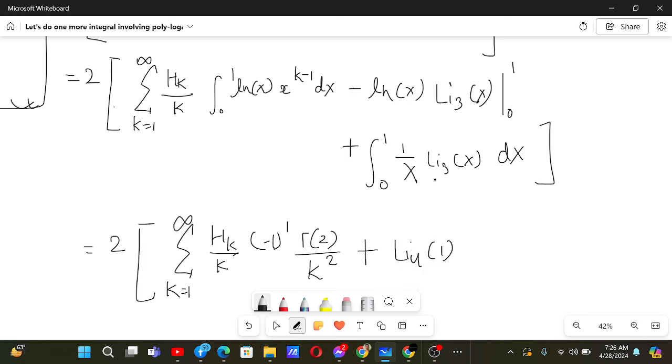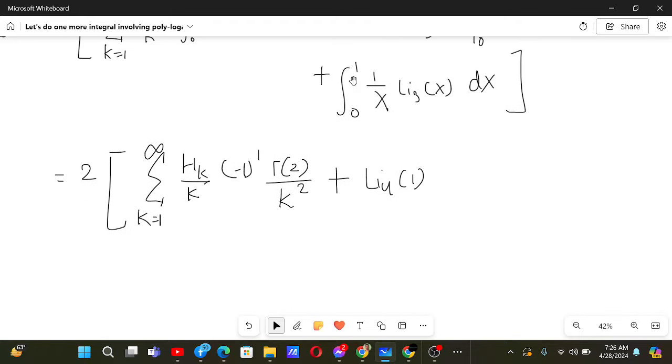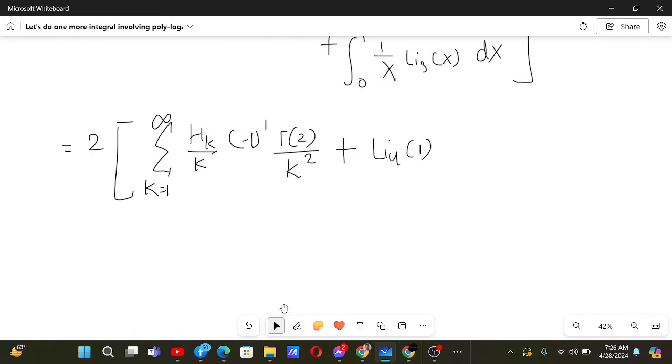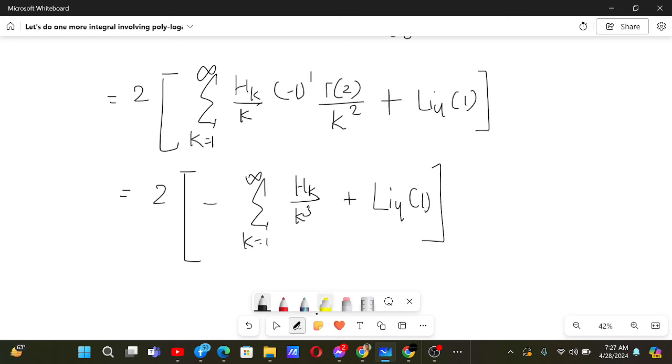Basically it's the same property, the integral of polylogarithms, and here the argument is 1, so we get Li4 of 1. Now all of these are actually known expressions. Basically this is now minus the sum from k equals 1 to infinity of Sk by k cube, plus Li4 of 1. Now we know that